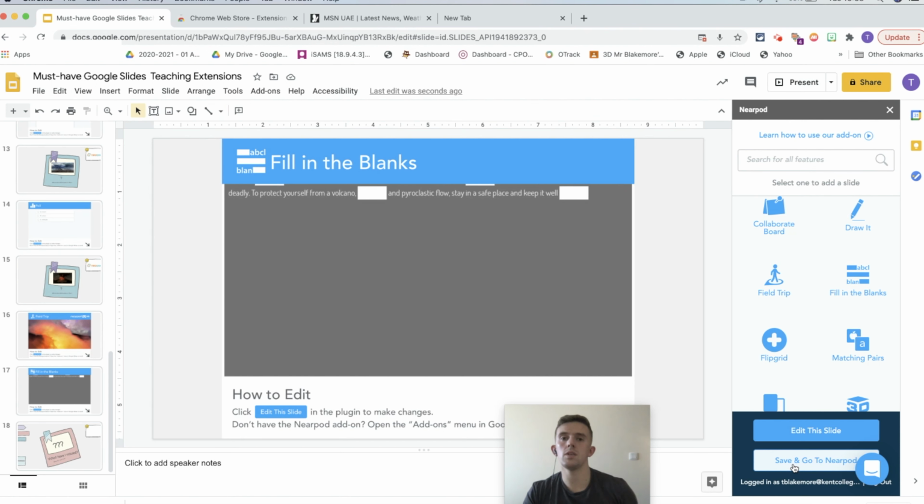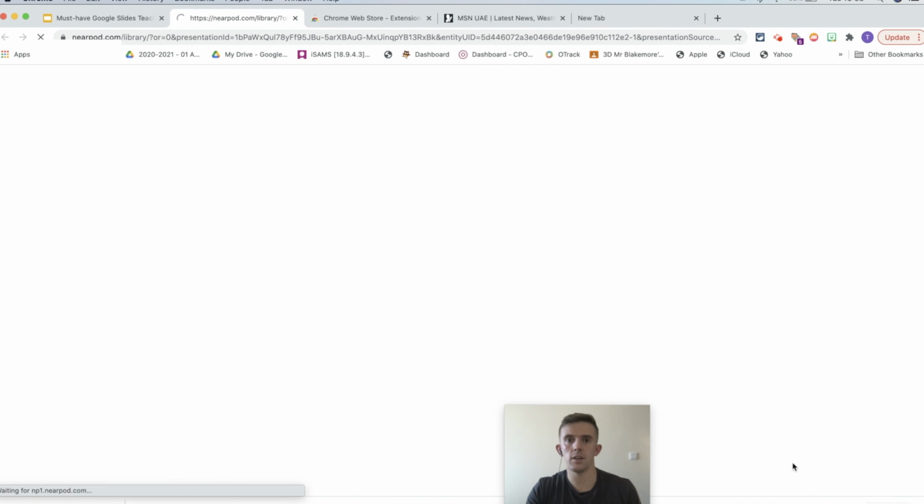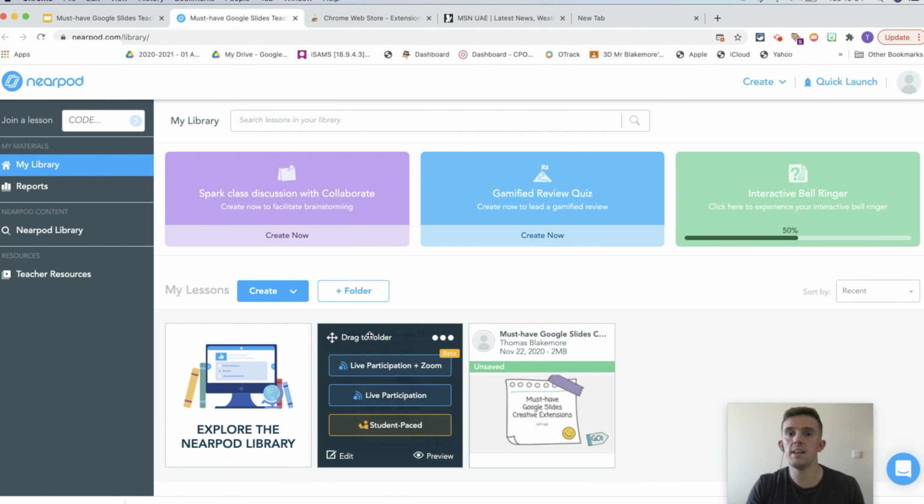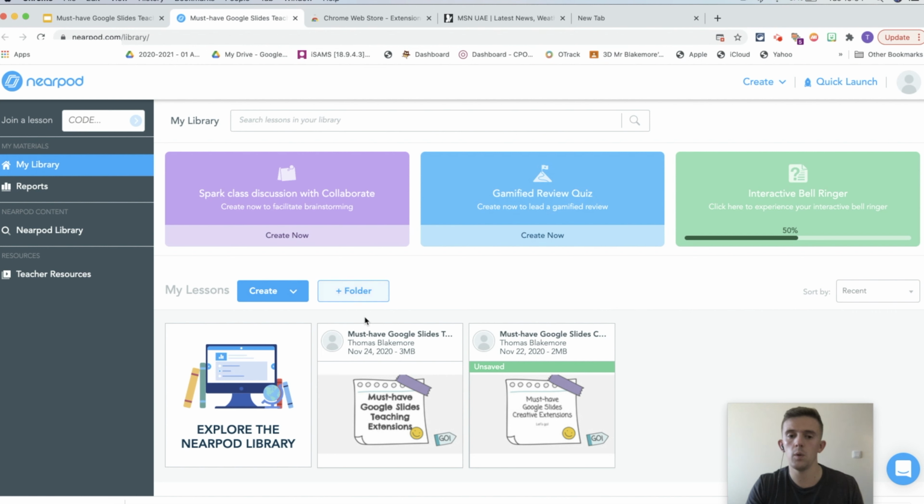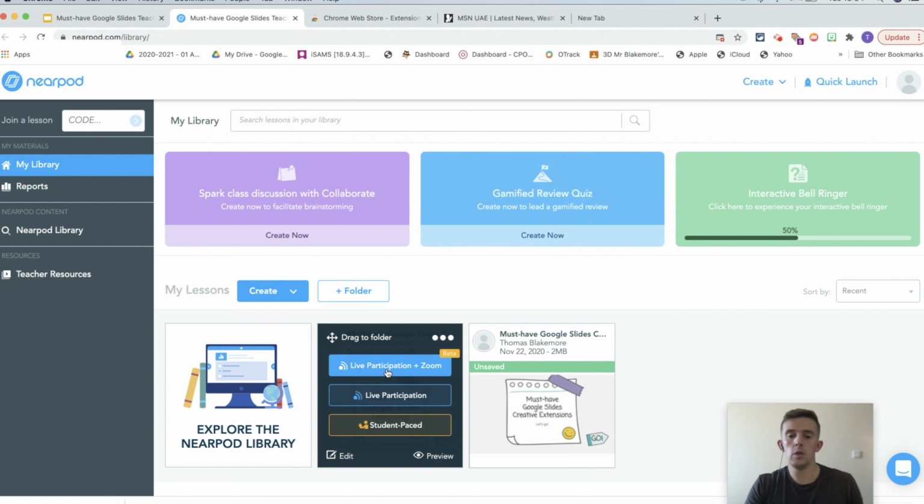So then to get onto the Nearpod website, you need to click Save and go to Nearpod. From there, within the Nearpod website, what you can do is add folders to keep yourself nice and organized. You can now have a Zoom going on at the same time as your Nearpod session. You can have live participation for synchronous learning or